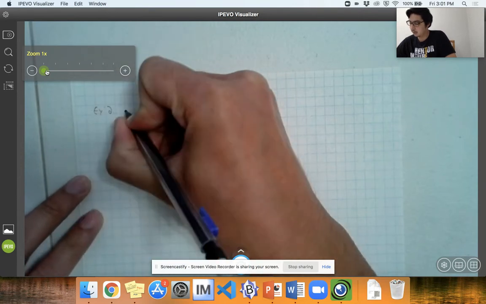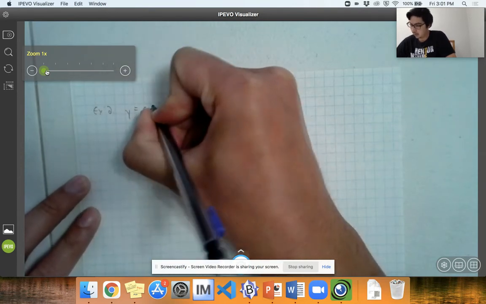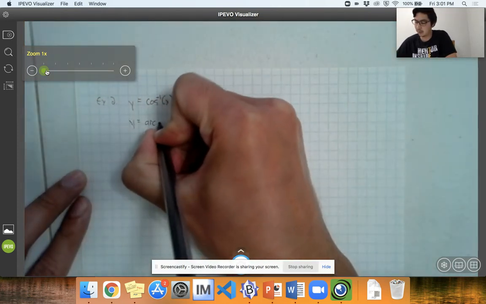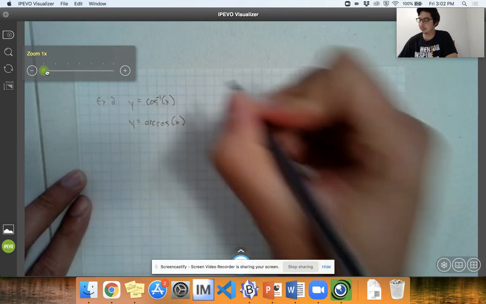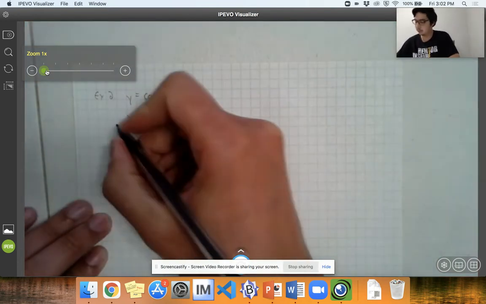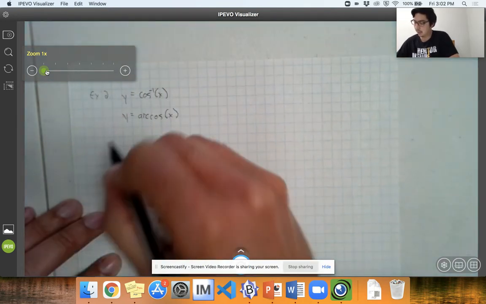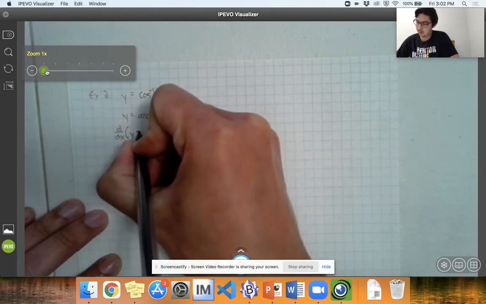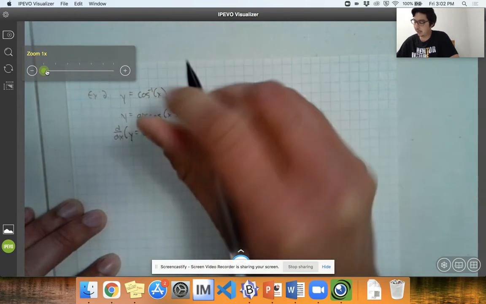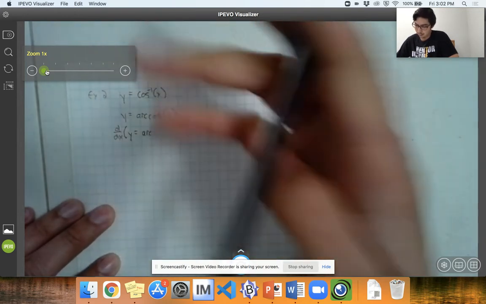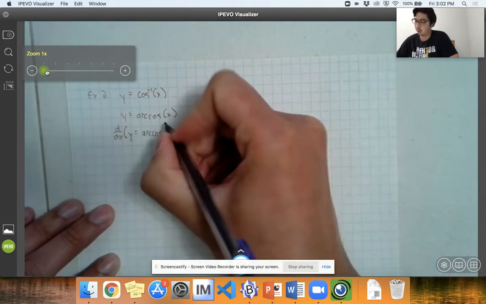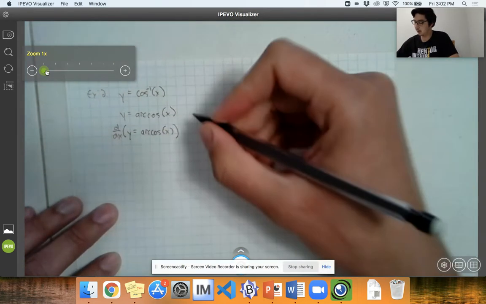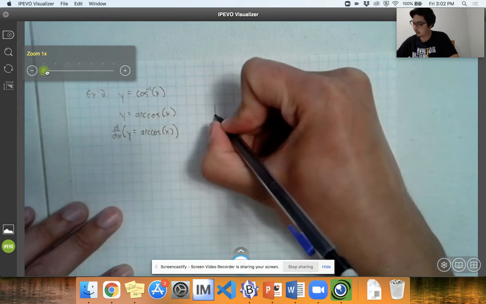Let's look at y equals the inverse of cosine. Now, again, I could write that as arc cosine. That is the actual name of the inverse. So we take the derivative of this. In order to take the derivative of this function, you don't know it yet, so we're going to use right triangles, and then once you have it, you won't have to do all this work unless you want to. So we don't know what that is, so we'll have to do it the old-fashioned way, which is to make a right triangle,